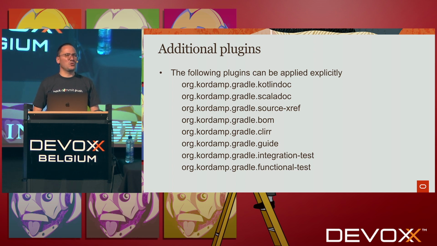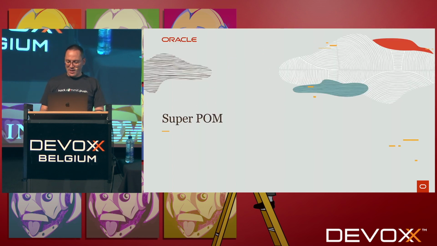Or do you need to calculate binary differences within two different releases, your current release and the past? Then you can use Clear. Or you can use Guide to generate an AsciiDoctor guide, which is kind of exactly the same way as we generate the documentation for this particular project. And well, that concludes the list of... There's one more plugin that I'm going to show in just a moment. But this is basically the universe of configuration and behavior that you get if you were to apply these particular